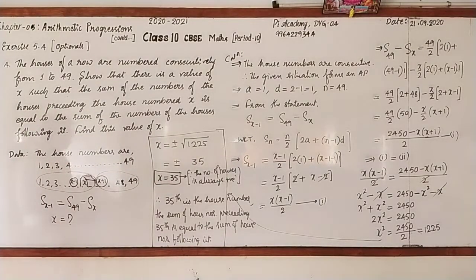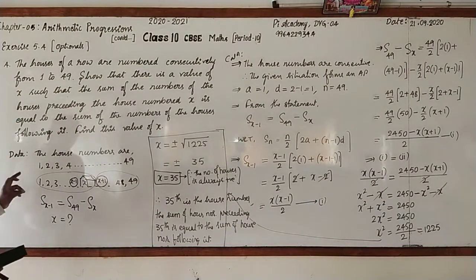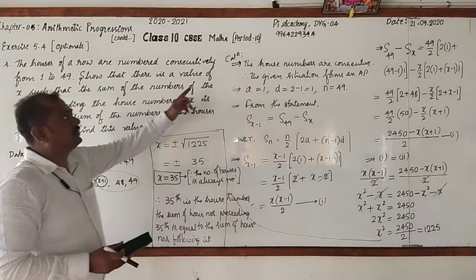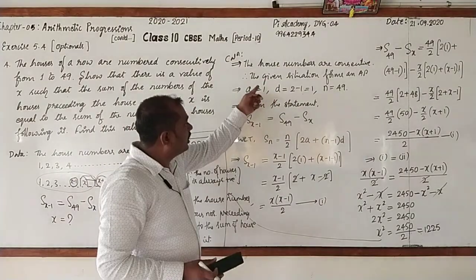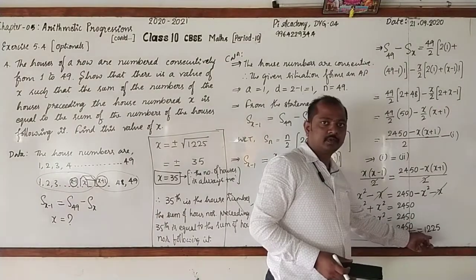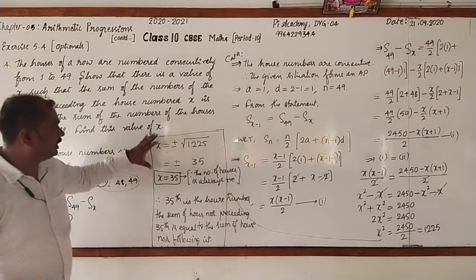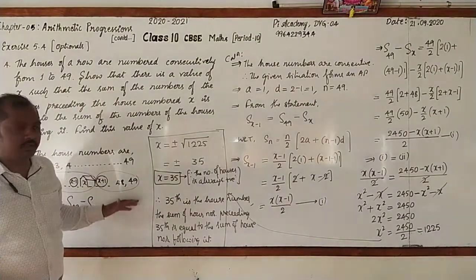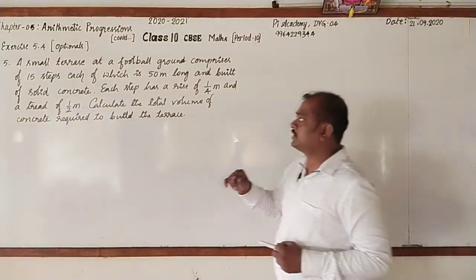Hope that you have understood, and now we will go for copying this. Observe. First I think you have written the statement, then you have to write this data from here to here. Next, after that, write the calculation. Next, after writing up to here, then you have to follow from here to here. After writing up to 1225, then write the information that has been written in the box. Copy this.